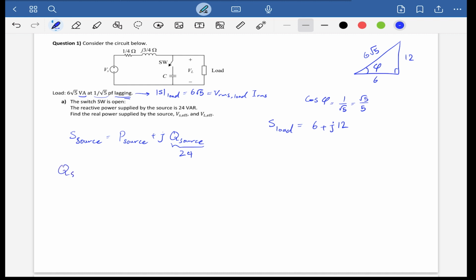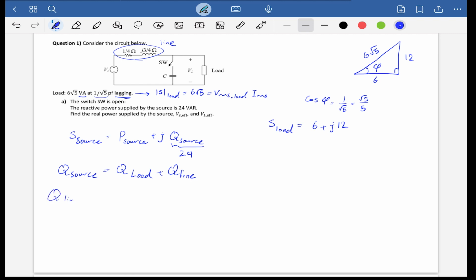And we know that Q of source is simply equal to Q of load plus Q of line, right? Okay, this is our line. And Q of line